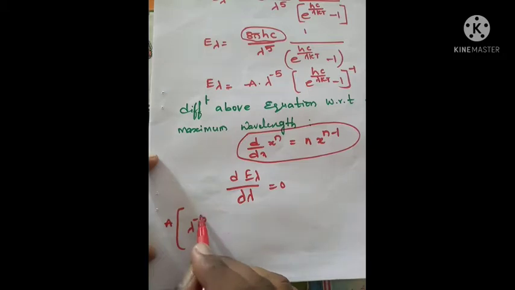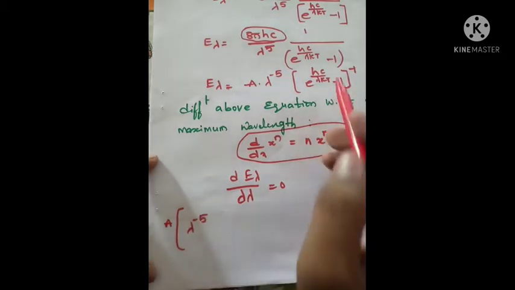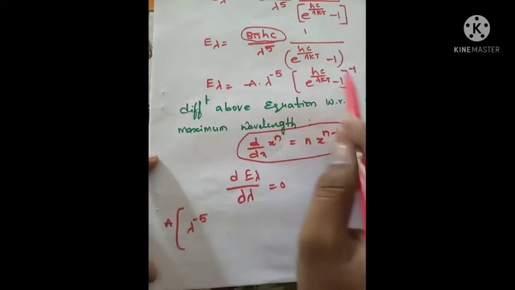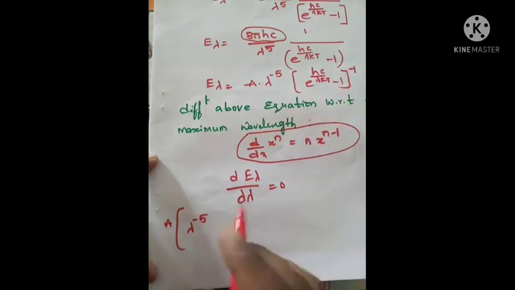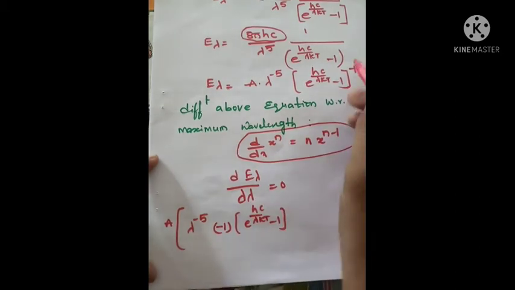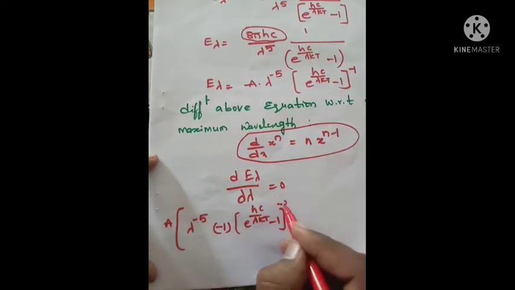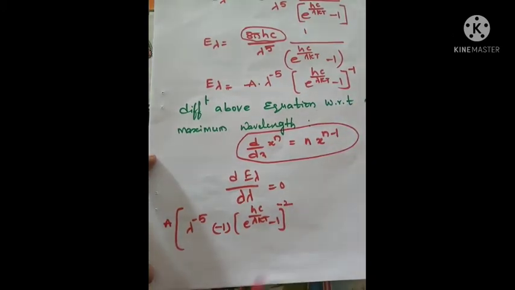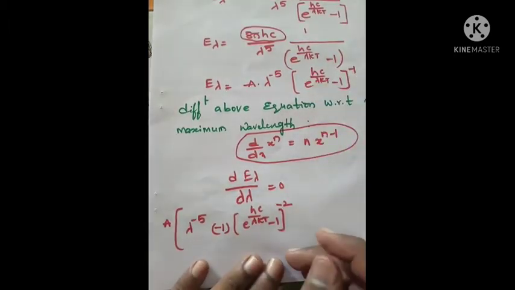Lambda to the power of minus 5 remains the same, and let us assume this is x: the differentiation of this can be written as minus 1 into e to the power of hc by lambda kt minus 1, whole to the power of, here minus 1 becomes minus 2. And now the differentiation of this bracket function